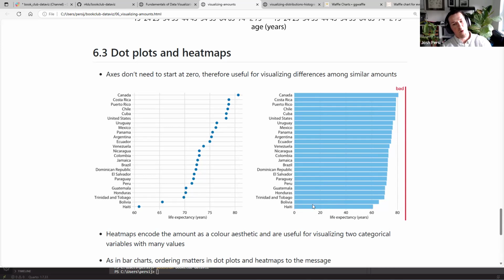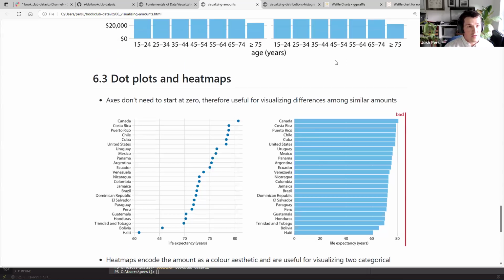I think it makes sense to me why a bar plot would have to have a quantitative axis that starts at zero, but why that rule doesn't apply to dot plots. I have never heard of that. I don't know. My dot plots always start at zero. I thought that was a thing. Maybe I misread the author's